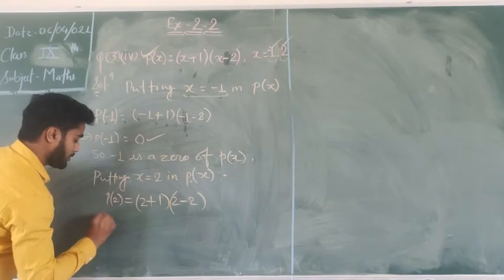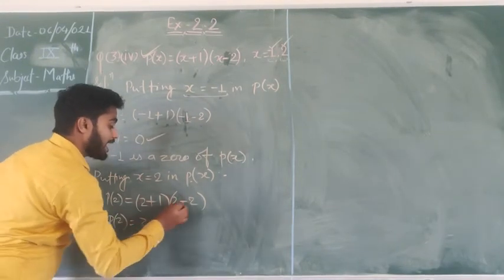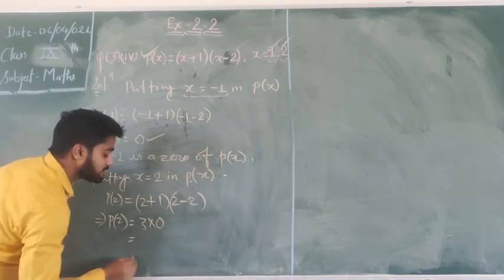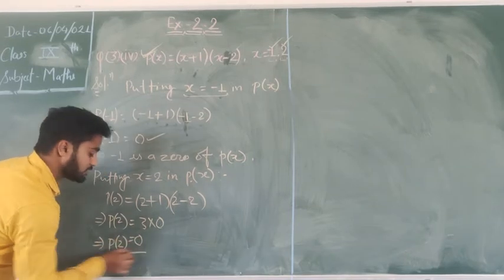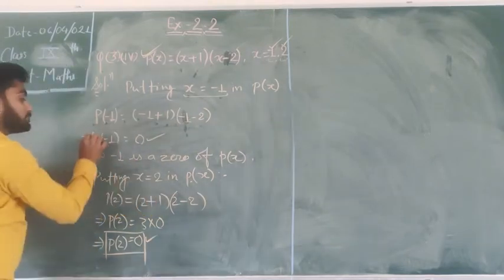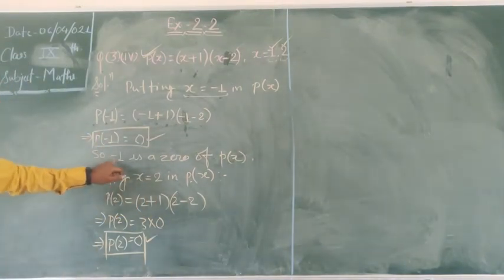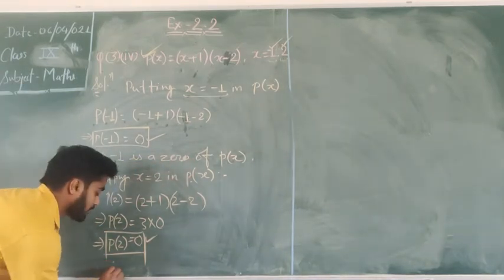So p of 2 equals 2 plus 1 equals 3 and 2 minus 2 equals 0. If you multiply anything with 0 we will always get 0. So p of 2 equals 0. So if we get 0 as p of minus 1, then minus 1 is the 0 of p(x), therefore 2